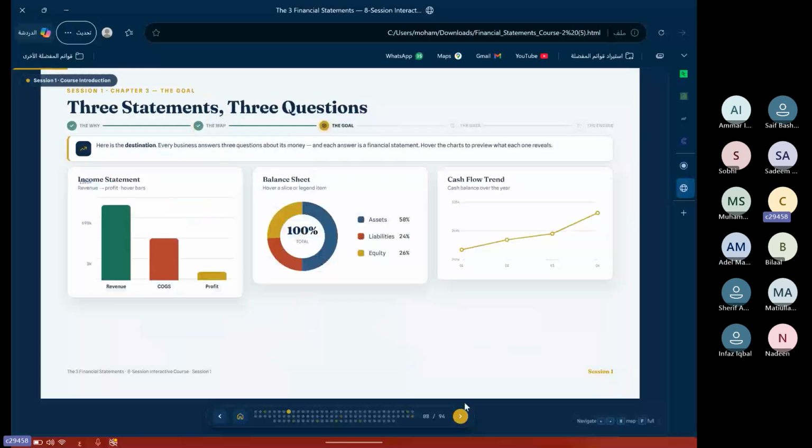Okay. Now we will speak about the concept of each statement. These three statements answer questions. As an owner, I need to see my profit, so my income statement will answer this profit for the period, even if it is one month, a quarter, or a year. This is my profit. The balance sheet will answer my assets, how much I have, my liabilities, how much I have to pay to vendors and the bank, and my equity. So it is answering all of this.